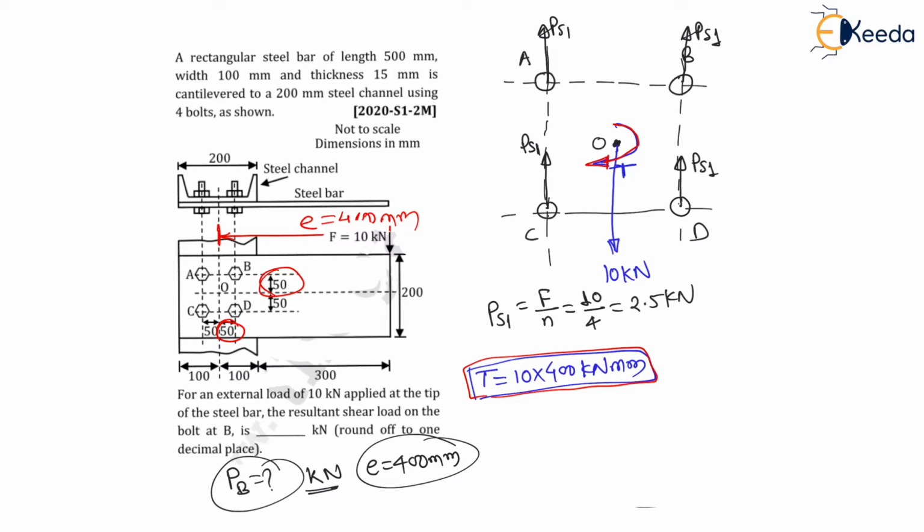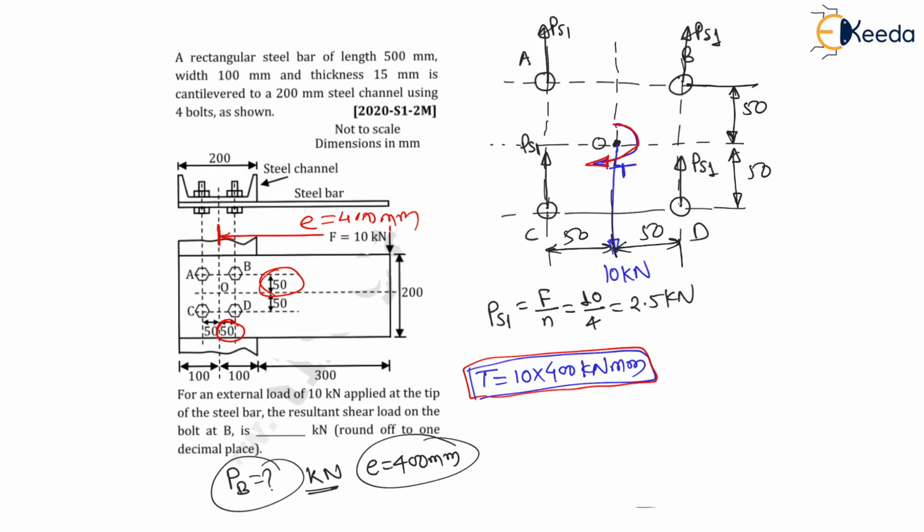Therefore, let us draw these lines. If I draw one horizontal line from the O, as well as a vertical line from the O, the vertical distance of B from the O is 50, as well as for D the vertical distance is 50. Again the horizontal distance of B from the O is 50, as well as the distance of A as well as C is 50 from the O.